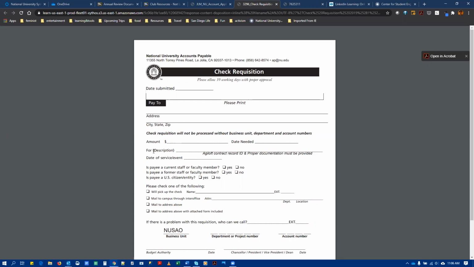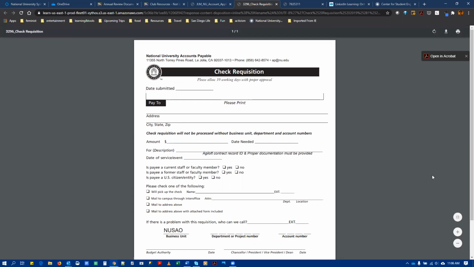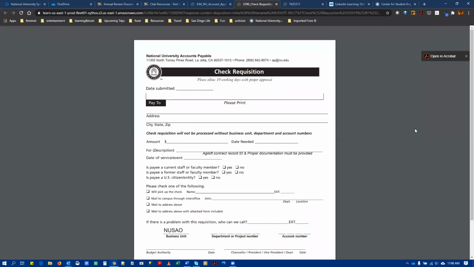In the description section, you can ignore this thing about Agiloft. That's a university system, but you will have to say what it's for. So you don't have to get too detailed, but it can be fundraiser supplies or national dues or whatever it is. If it's for some kind of event like a fundraiser or a party, the date. Note whether they're a current staff or faculty member. Note whether they're a former staff or faculty member. Note whether that person is a US citizen. And then let us know